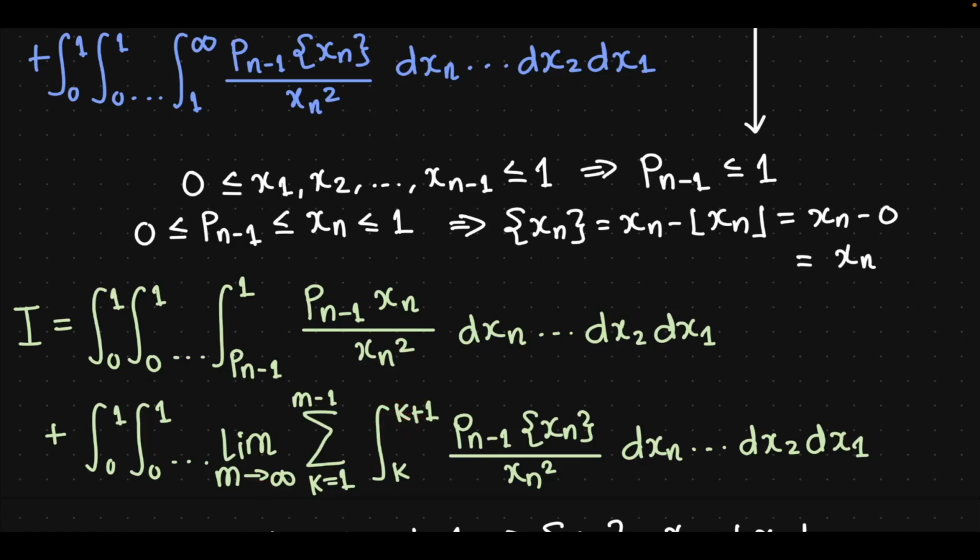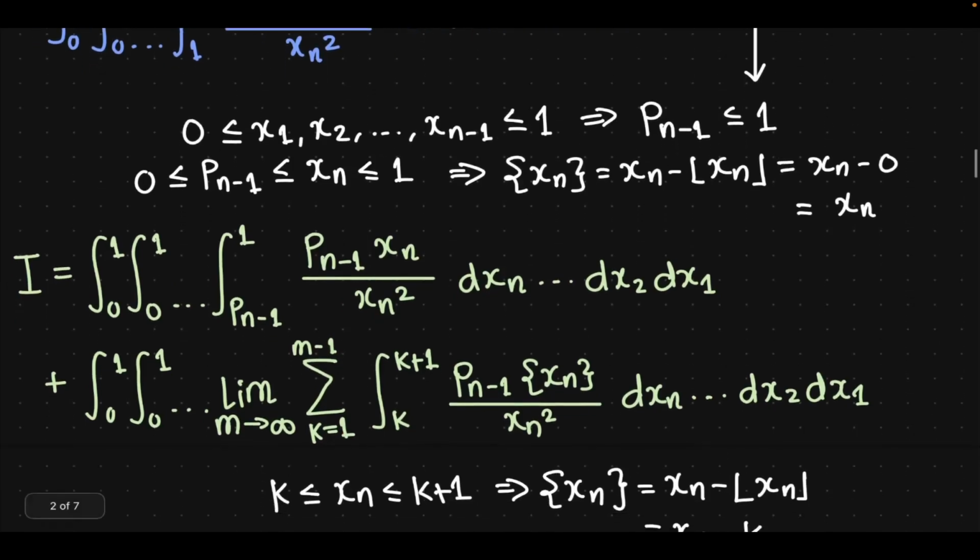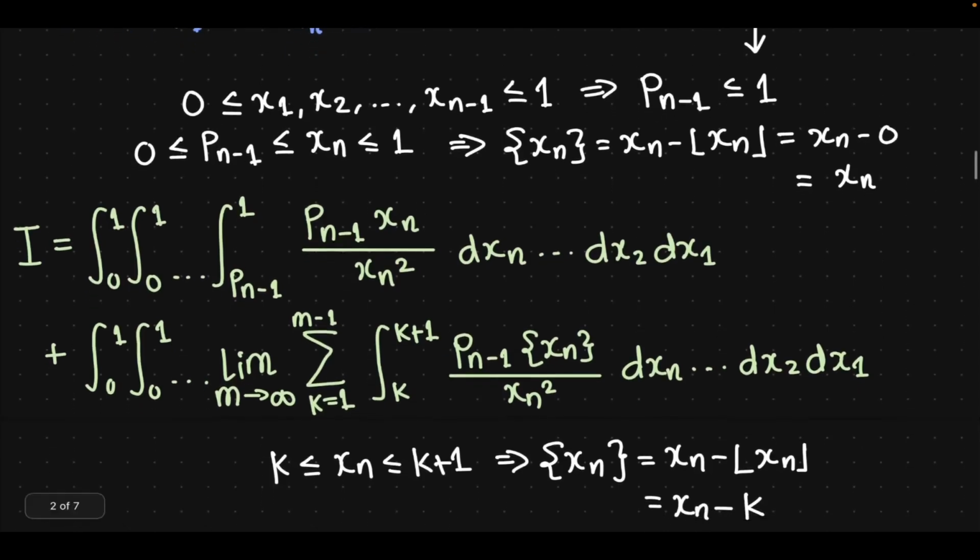If you combine all these integrals in the sum by linearity, you end up with 1 to m, where m goes to infinity, which is actually 1 to infinity. So I've broken the interval, summed from 1 to m minus 1, where m goes to infinity. That's all I've done. I've just broken 1 to infinity in terms of adjacent integers. And you'll see why that's helpful, because now we know for each of these integrals